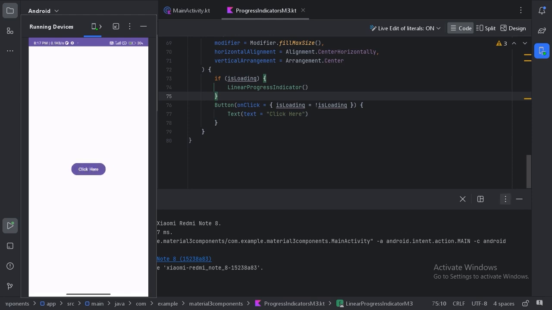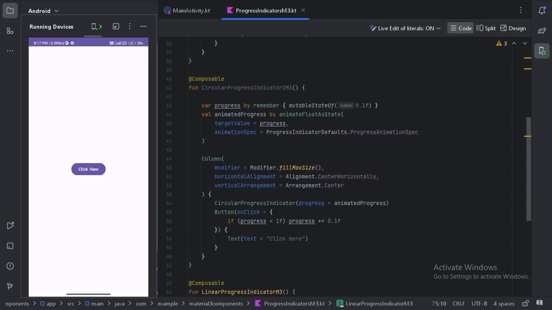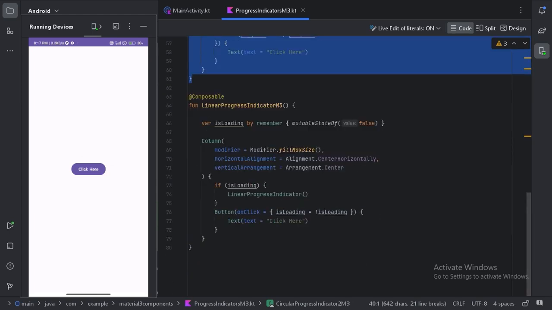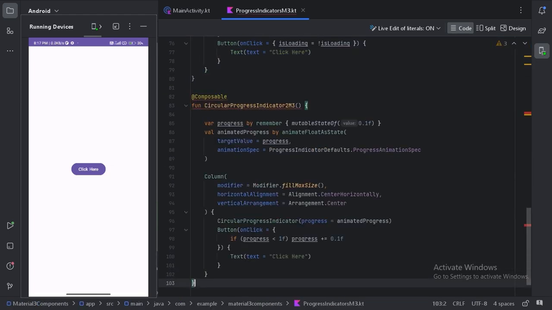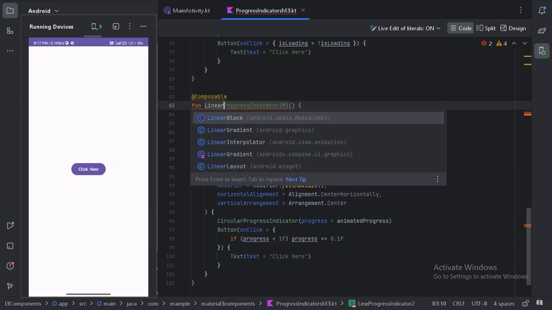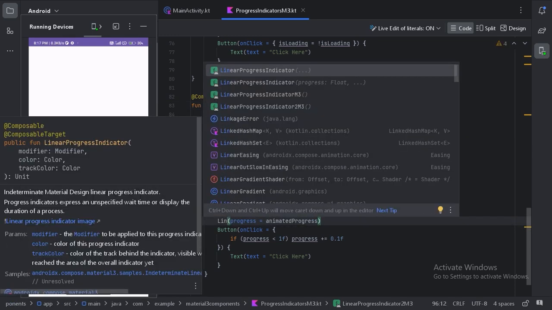Now it has been stopped. Again, in a similar way as we did with the circular progress indicator, we can also update the progress by clicking on the button. So again, let's copy this code and paste it here, rename this to LinearProgressIndicator, and here we only need to call this linear progress indicator.